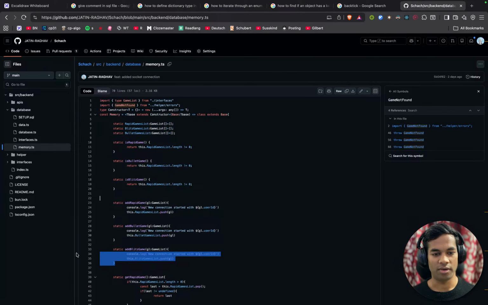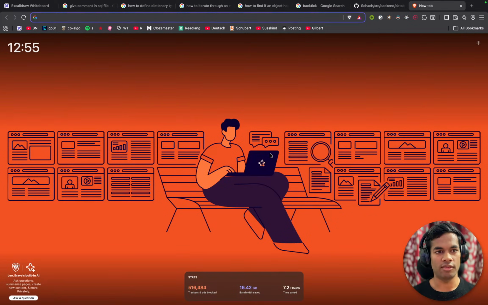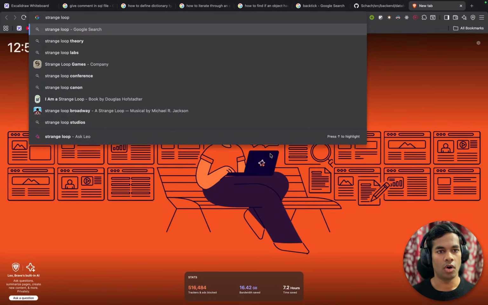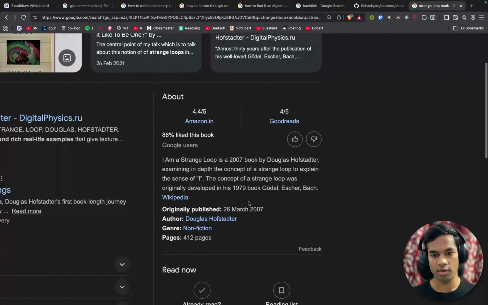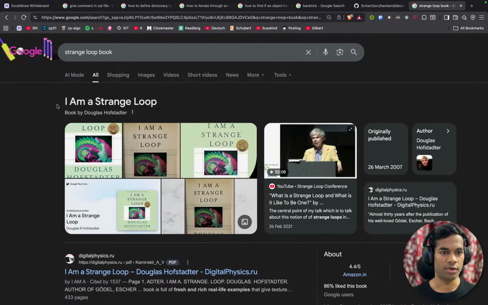There is also this concept he introduces called a strange loop, on which he also wrote a book, I Am a Strange Loop. I think it came out in 2009. No, it came out in 2007. So yeah, this concept, I do not understand it, but my limited understanding is that